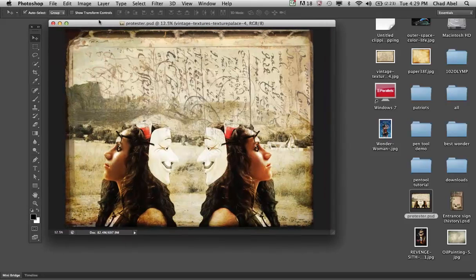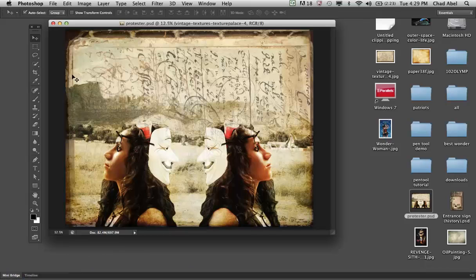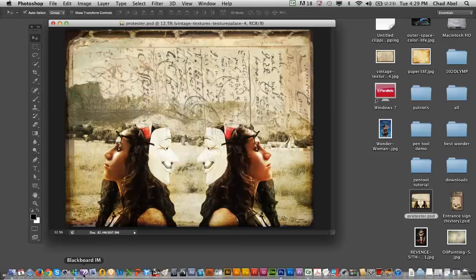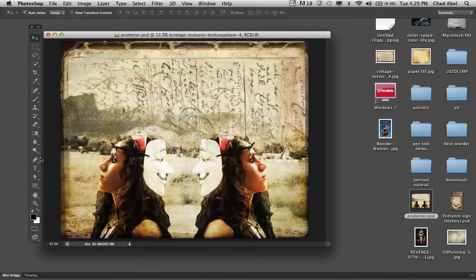Okay, so there's my image. First thing I'm gonna do is find a creative font online. We could always use, you always go to the type tool here. Hotkey for that is T. I go to the type tool. Hotkey is T. And once that catches up,